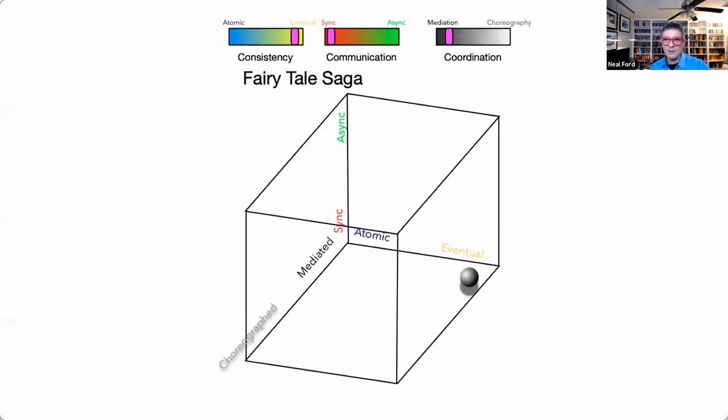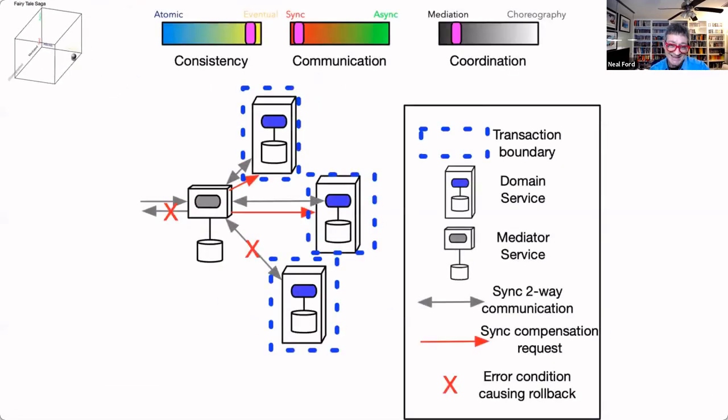A fairy tale saga is a friendly story that has a happy ending. And this is a fairy tale. And notice the big change here is we've moved from atomic to eventual consistency. And this is actually what most people think about when they think about microservice communication. This is, in fact, the orchestration version I just showed you before, where each service owns its own atomicity or